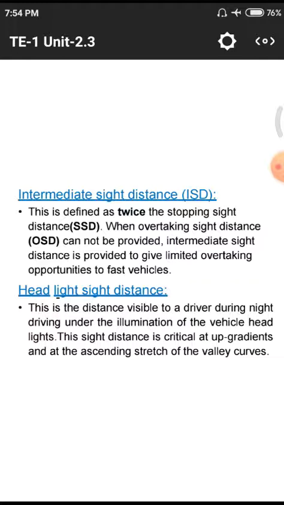But in case of night time there is no proper lighting system. In some places we have street lights on national highways on particular spans, where they maintain high focused lights, but on other roads and other patterns we do not have lighting systems. So we need to have the headlights of a particular vehicle, and by using those headlights we need to travel on those roads. This is the major phenomenon: headlight sight distance.